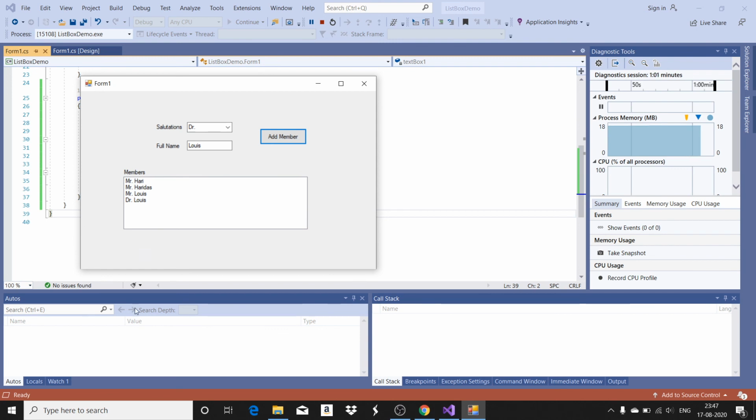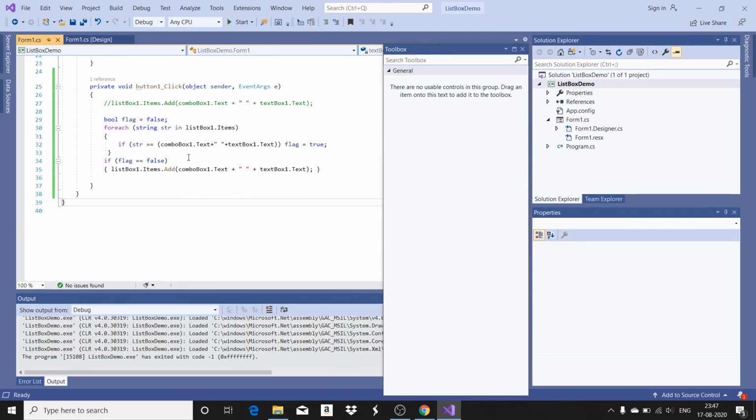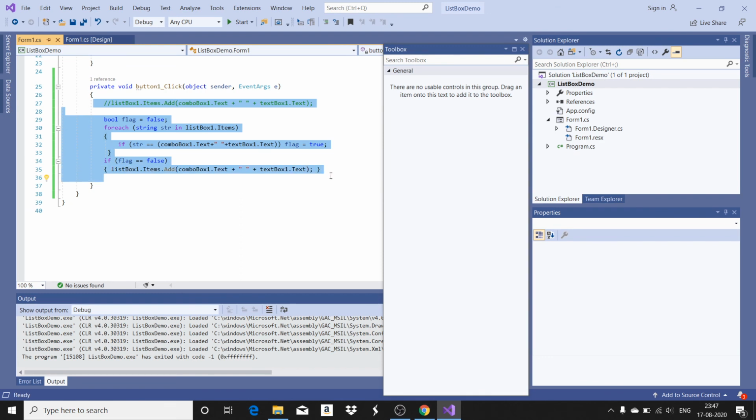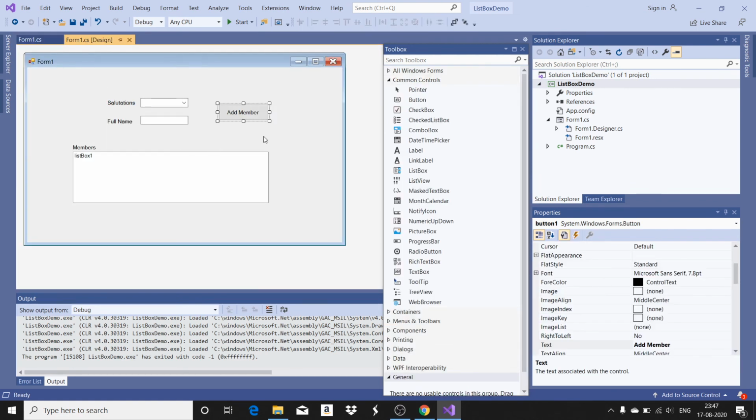Okay. So this is a simple application where you can understand how list box items can be added and how coding can be done for a particular event. So when you trigger the click event, these set of statements will be executed. Okay. So try exploring all these user controls and experience the program in your laptop.